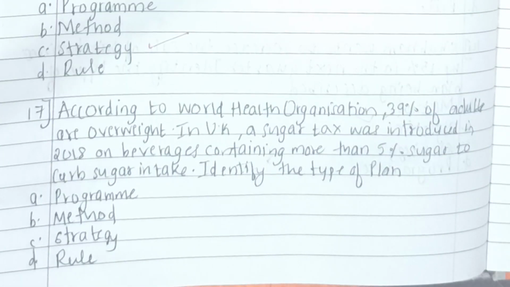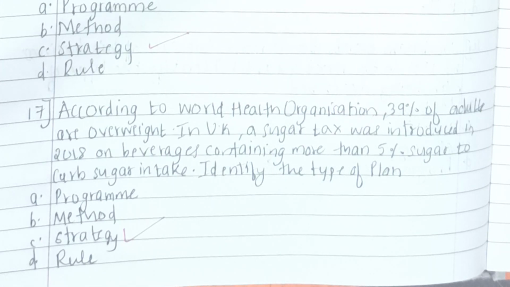Moving on to the next one, according to World Health Organization, 39% of the adults are overweight. So in UK, a sugar tax was introduced in 2018 on beverages that contain more than 5% sugar in order to curb the sugar intake. Curb in the sense reduce. So identify the type of plan. So here also the answer is strategy, because the strategy that was used in UK was to introduce a tax, okay, a sugar tax, wherein if there are any beverages being sold which contain more than 5% of the sugar,